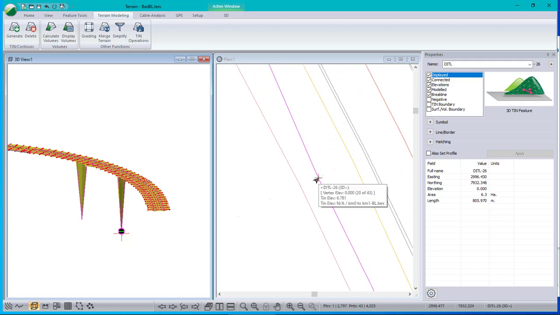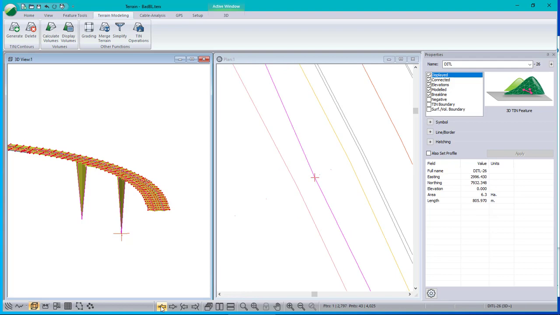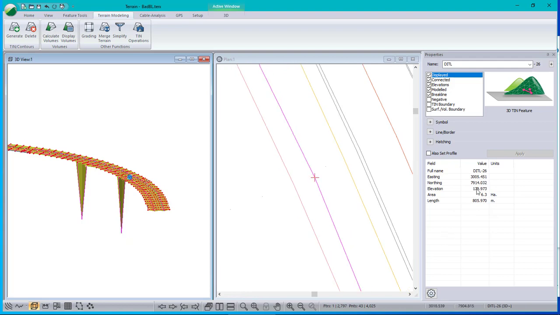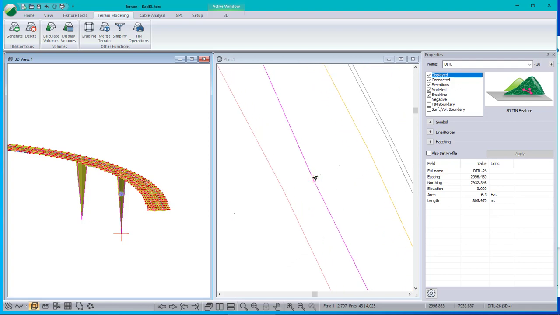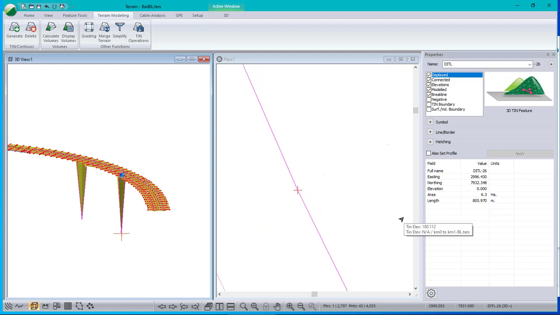There's my bad point. It's at elevation 0. If I move to the next point, it's 180.04. If I move back, there's 0 again. Back again, it's 179.97. So around 180 is where that point should be, but it's not. And I do see some other points there. So now I'm making stuff up. I don't really know what the surveyor did here, but I'm guessing that this point definitely should not be elevation